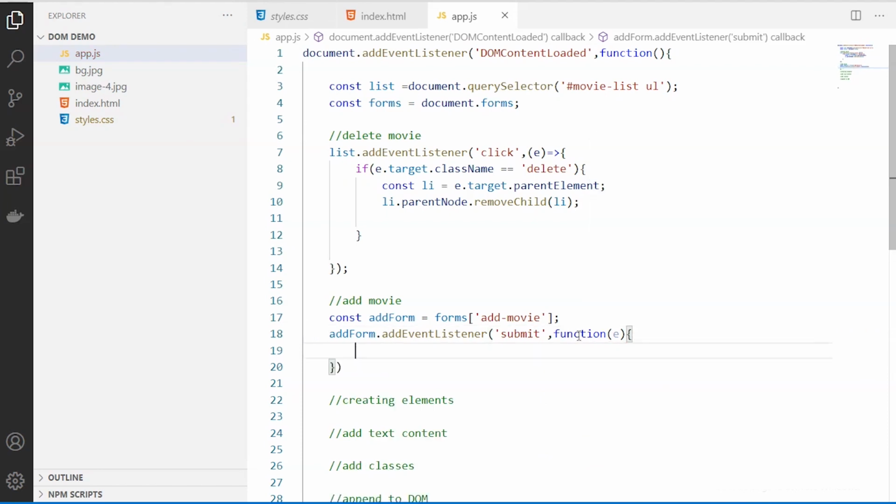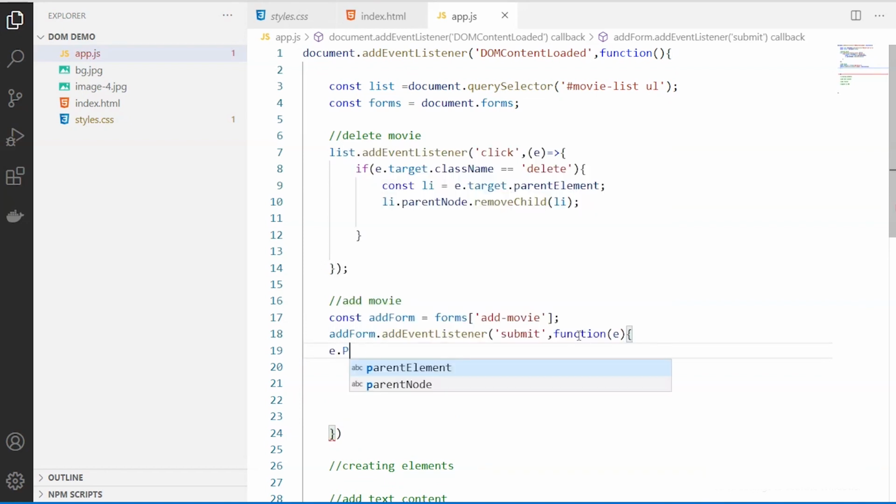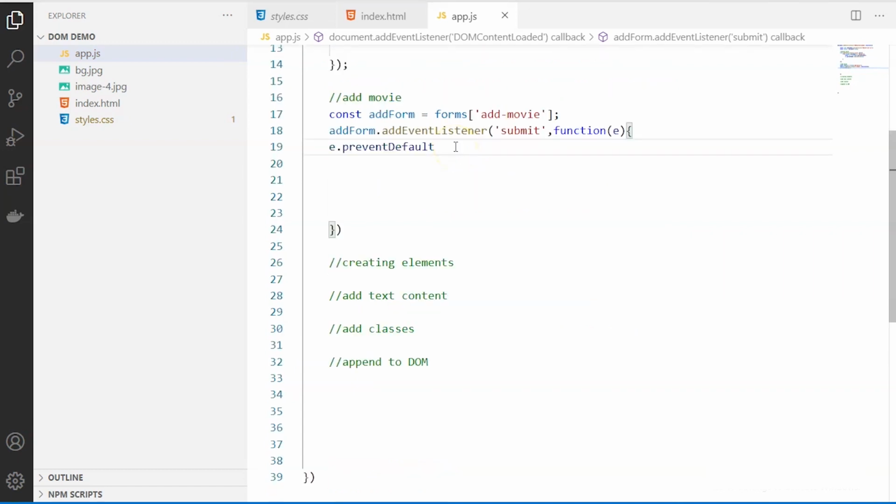Now here, I'm adding all these. The first one that I'm doing over here is to include your preventDefault. This preventDefault method cancels the event if it is cancelable, meaning that the default action that belongs to the event will not occur.